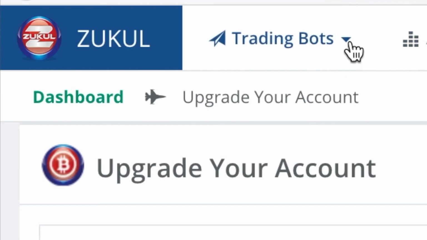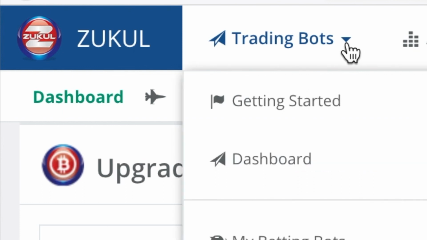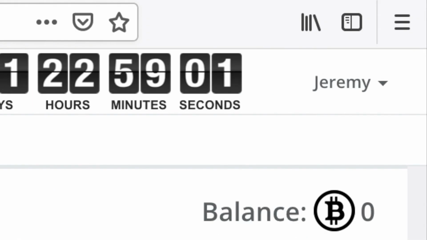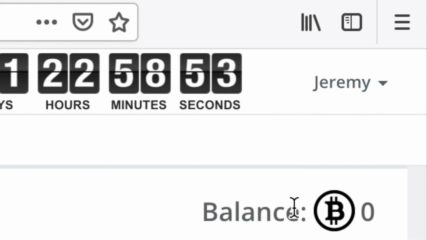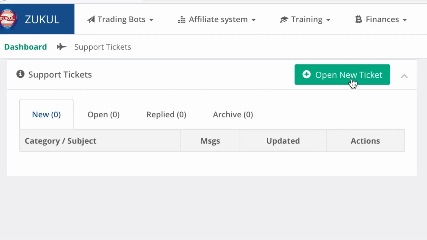So the main page that you need to look at once you're on the inside to start trading straight away is to come over to the getting started. So it's the trading bots and getting started. Now, if you have any problems, in the top right hand corner, you'll see your name. And if you go down to there, you'll see support tickets. You click on there and you can open a support ticket if you have any